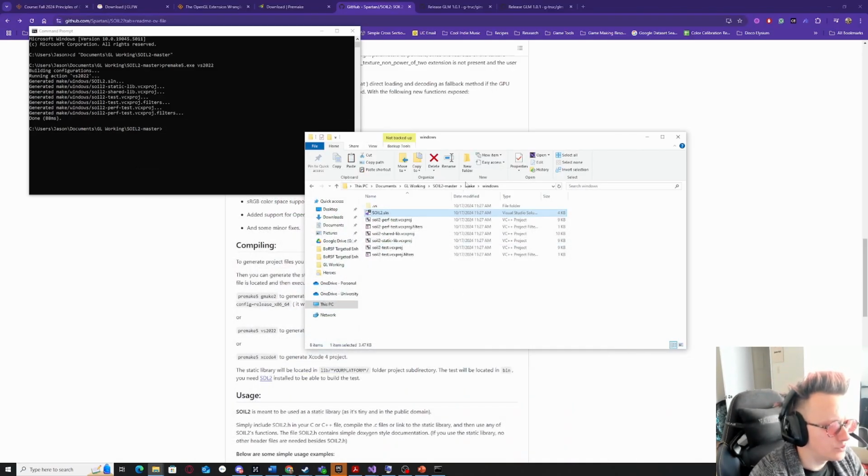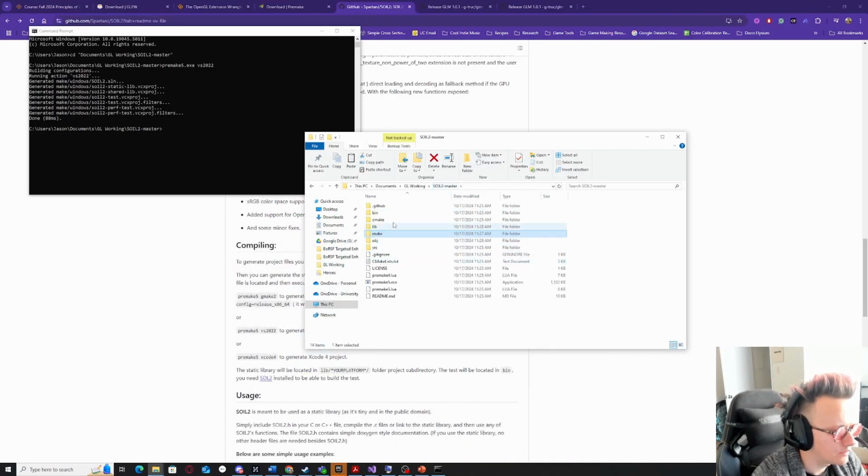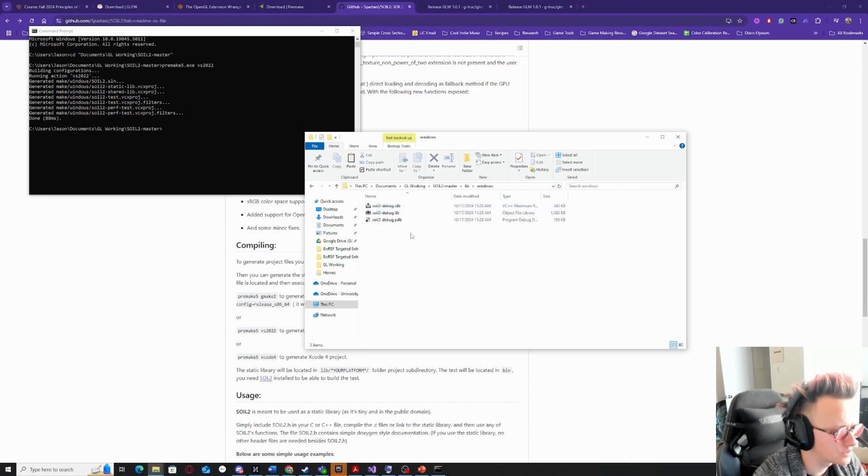Now we go back to our soil2 folder, and we notice the soil2 debug.lib. Okay, awesome. The static thing makes it a lib, by the way, instead of a DLL. So now we have everything that we need in order to make a new